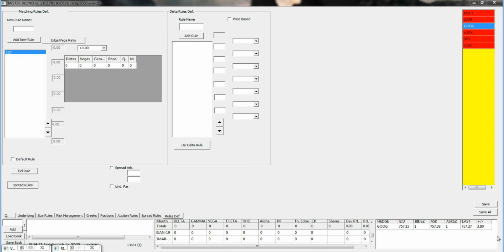MisterBlond also includes a spread calibrator that will show what auction will be taken with anything in the complex order book depending on what spread rule is being used at that time. That tool is really useful when trying to figure out how to define those spreads. MisterBlond also includes a spread book that shows all spreads available for each stock that we are watching, which are sorted by edge. And last but not least, MisterBlond allows the participation in EOP, the expected opening price, by generating